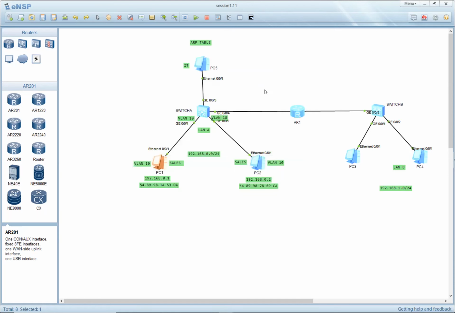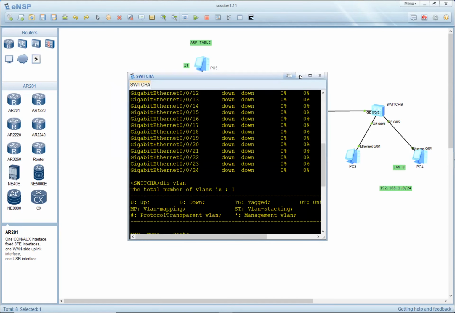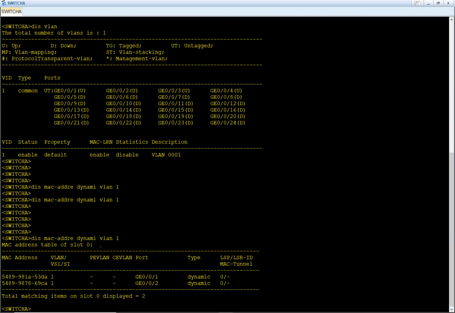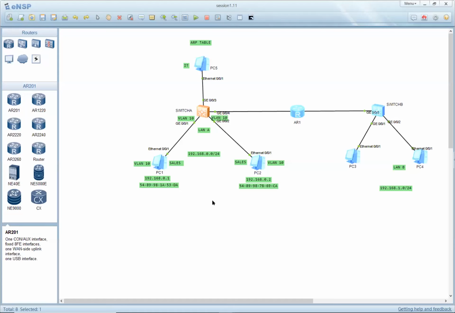When you're receiving the reply, that means the ARP packet was sent to PC2 for address resolution. Now when you go to the switch and run the same command that you wrote previously, you see now we have the MAC address entries. It says that 53DA is connected to this interface, and 69CA is connected to interface 002, and they were learned via dynamic protocols. So you see here, 53DA is connected